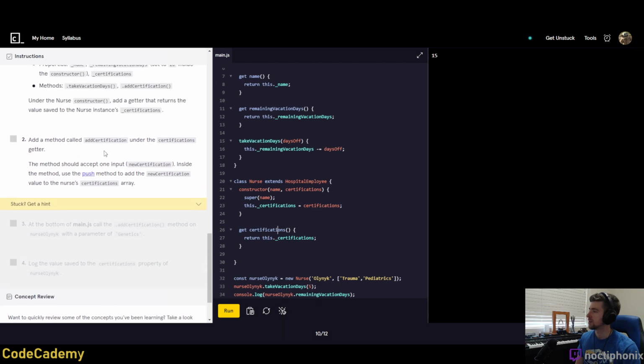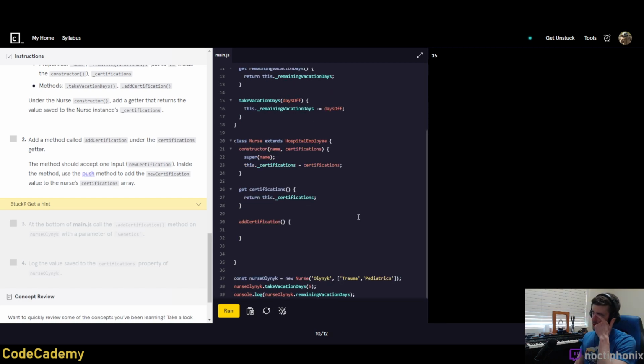Add a method called add certification under the certifications getter. The method should accept one input, new certification. Inside the method, use the push method to add the new certification to the value of the certifications array. So underneath our getter here, we'll put in add certification, and then we're going to give it an argument, or an input, right? Parameter, whatever you'd like to call it. We're going to add it in here, new certification,